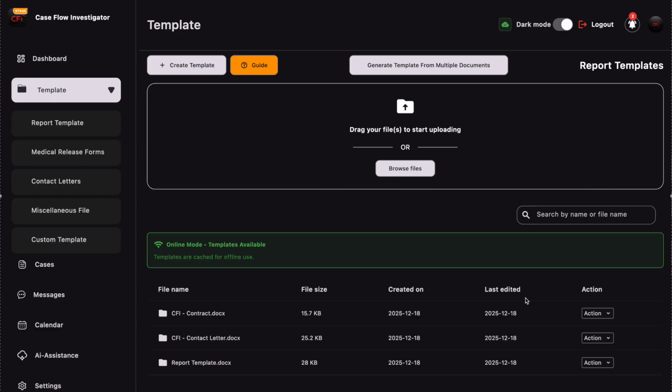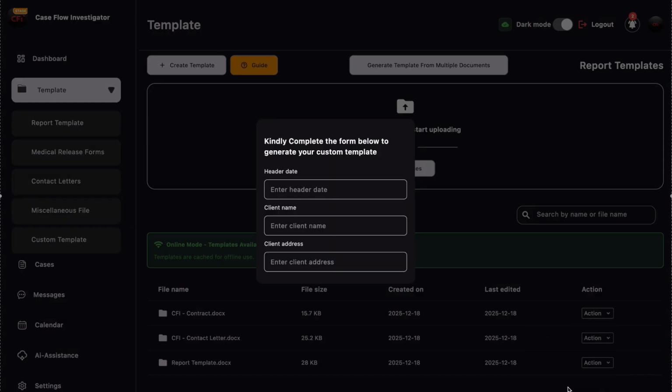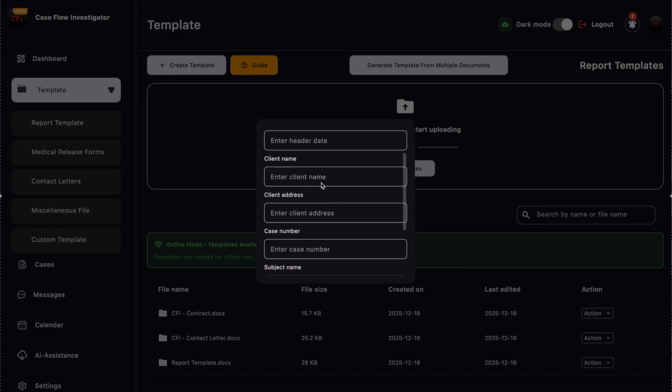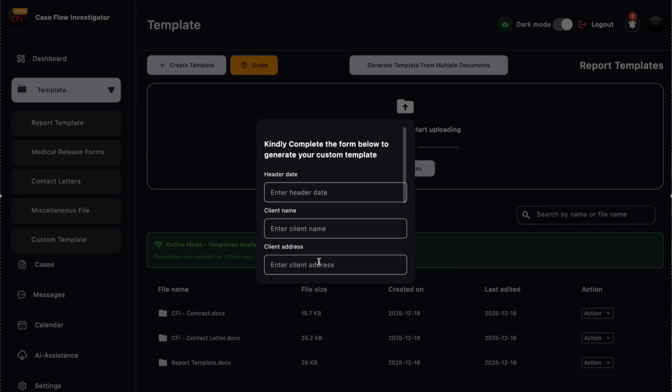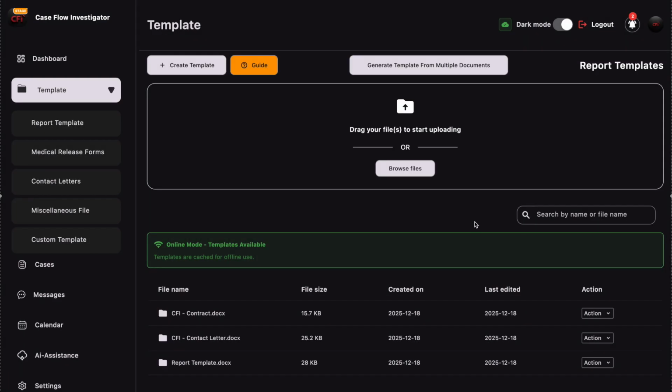So you can just continue this process each time that you need to make a new template. You click the action button, generate template, and fill in this information. This eliminates the need to go to your templates and manually delete and retype information. This also ensures that the information is structured properly inside of your template and is formatted the same way each